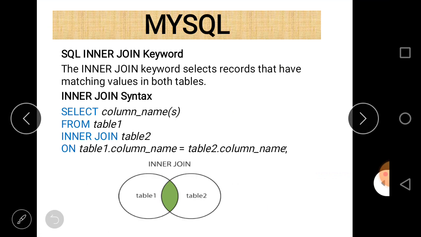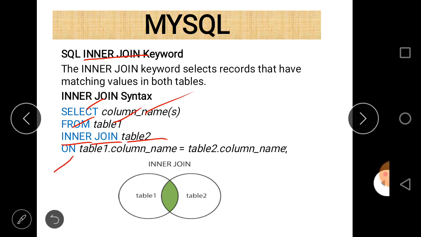Next is an example of how to implement inner join. There is a keyword named inner join, which is used to internally join two tables. First of all, write the select statement, then write column names, and then from, and then table 1, and then the keyword inner join, and the table 2 which you want to join to table 1, and then the on keyword.